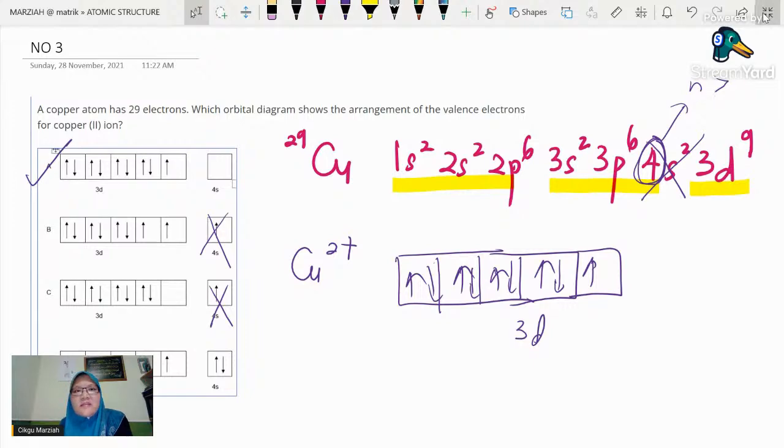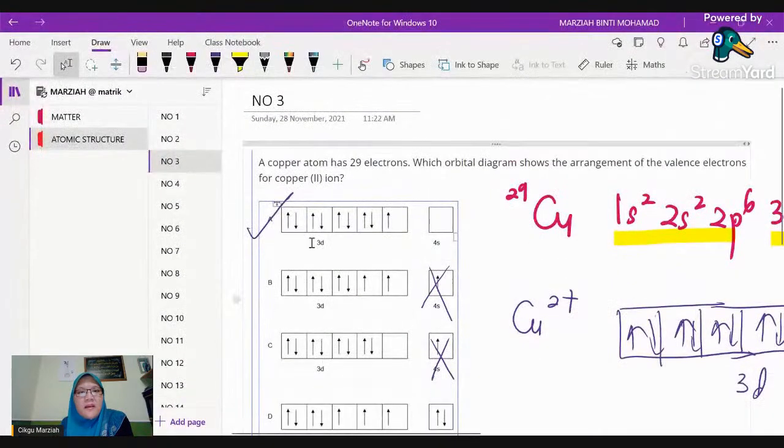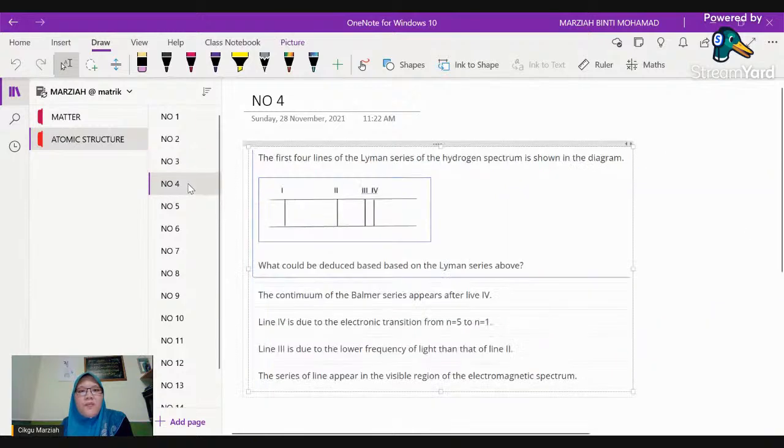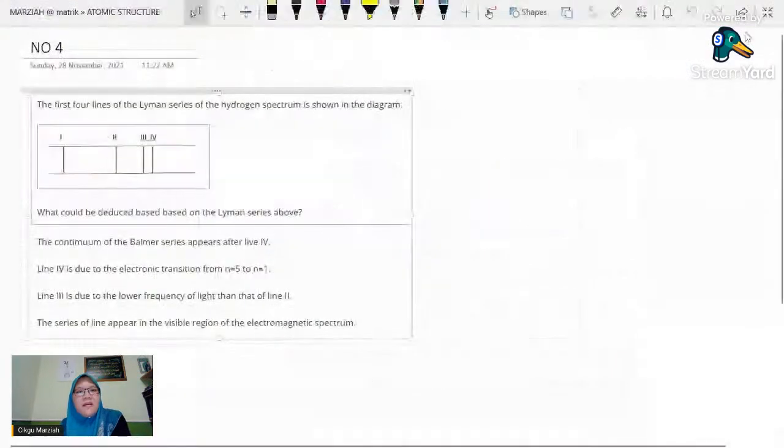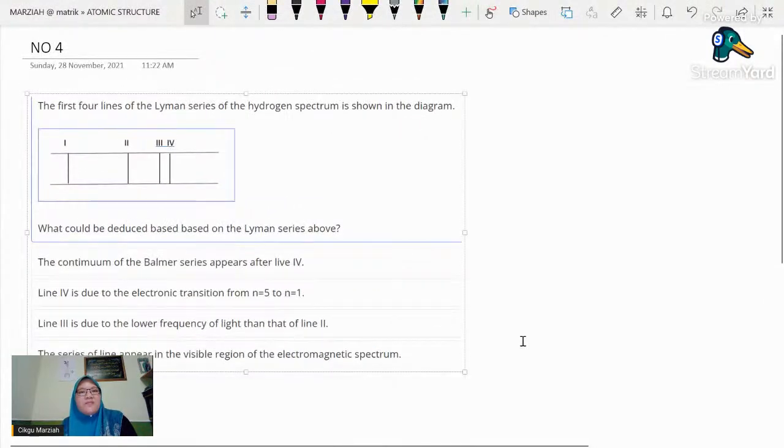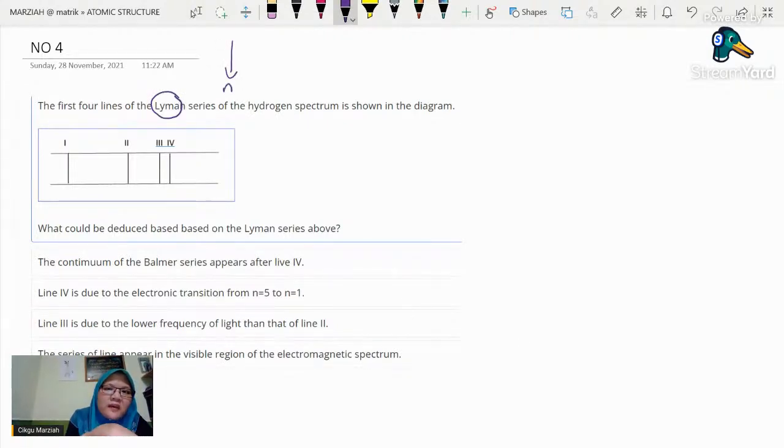Okay, next, number 4. Okay, apa number 4 ni? Okay, we have a statement. The first 4 line in Lyman series. Okay, disebut Lyman, means that it falls to n equal to 1 of the hydrogen spectrum is shown in the